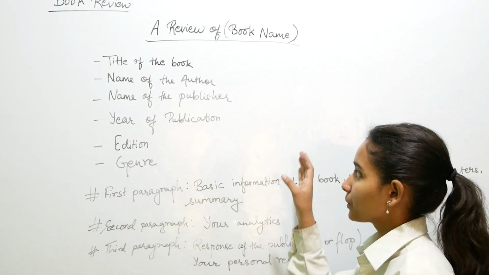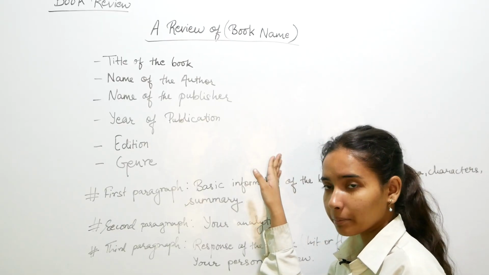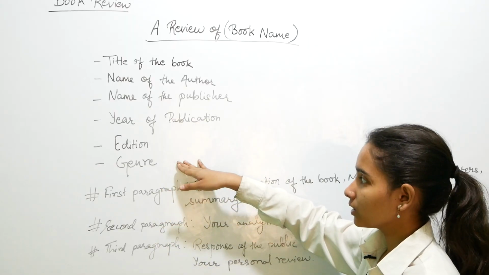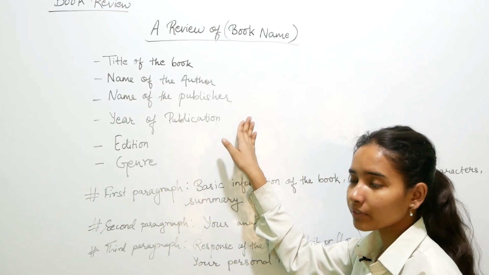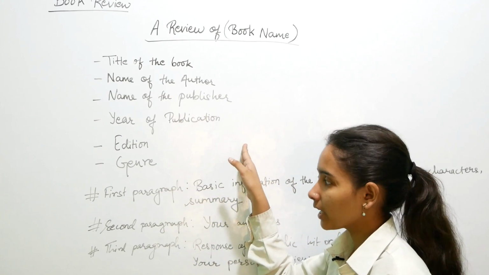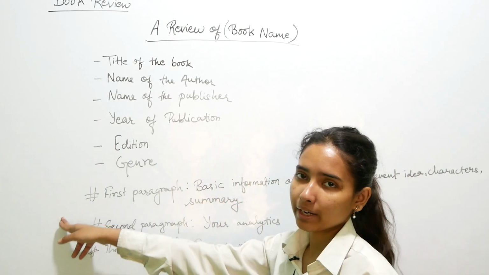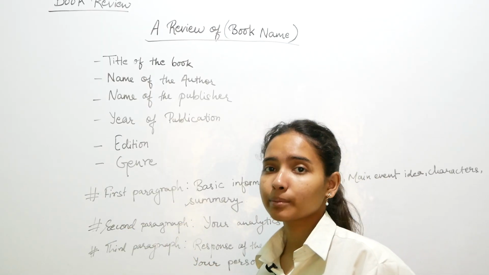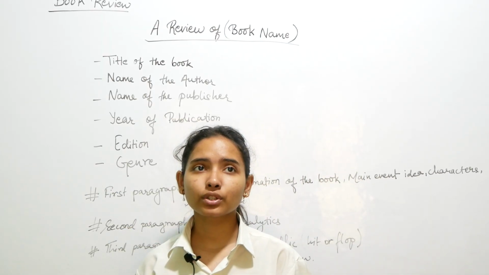And then we head on to, यति कुरा हामीले मेन्सन गरिसकेपछि हामी प्याराग्राफ लेख्न स्टार्ट गर्छौं. Like you can consider this as the first paragraph, or even if you don't consider it as the first paragraph, you write these things there and then you start writing the body paragraphs. अब body paragraphs को first paragraph मा you write the basic information of the book,